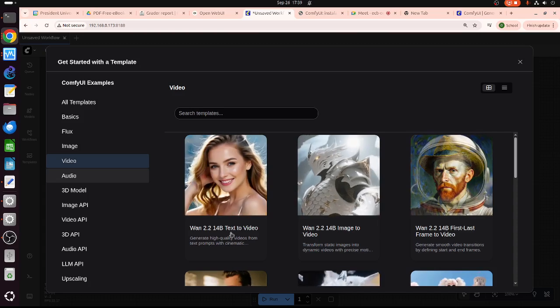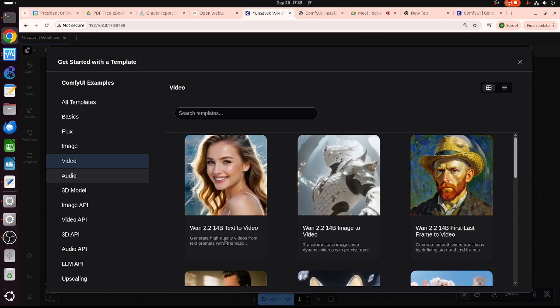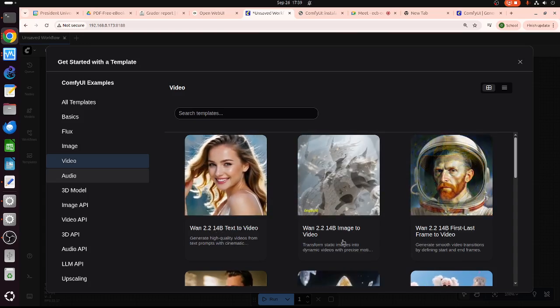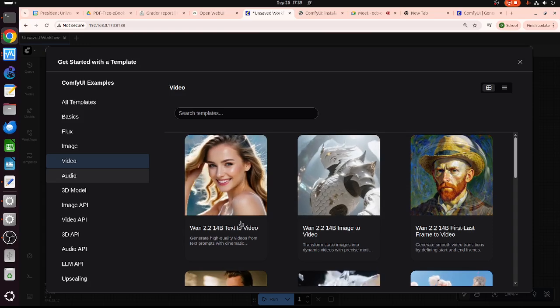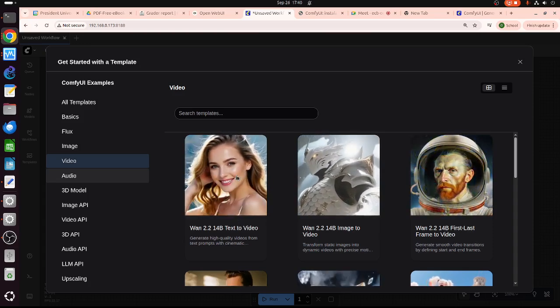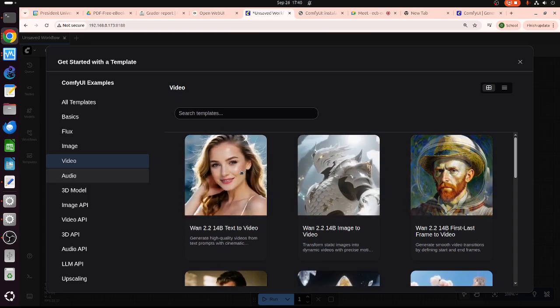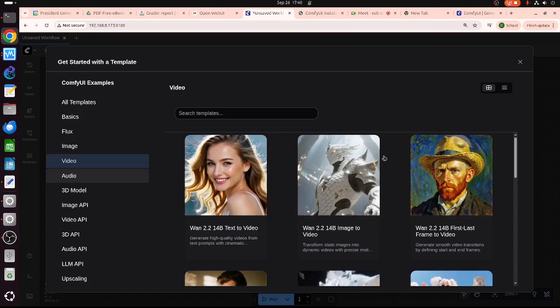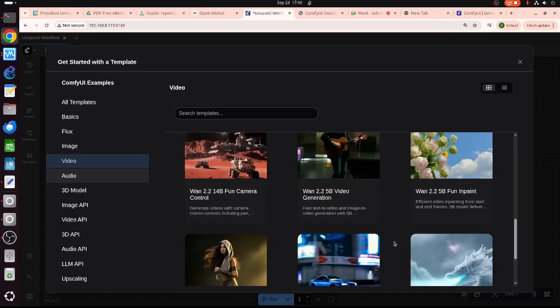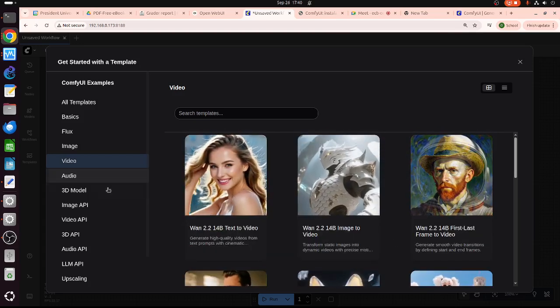I think 16 gigabytes is okay, 24 is much better. This one is 14B, which means it requires about 16 gigabytes of GPU RAM. Mine is only 8, so I cannot do these things. It's very difficult for me because I don't have that privilege.